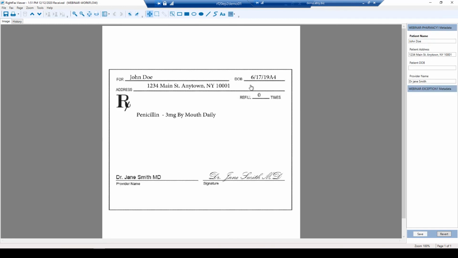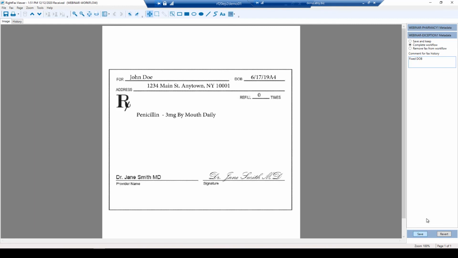So what I'm going to do is I'm going to say, I wonder what this is. So it's my responsibility now to contact this pharmacy, get the right date of birth, and then enter it myself. So I could then put in my 6/17/1974. So now this can be completed. There's really nothing in the exception except to say now it is complete. I could add my fixed DOB and